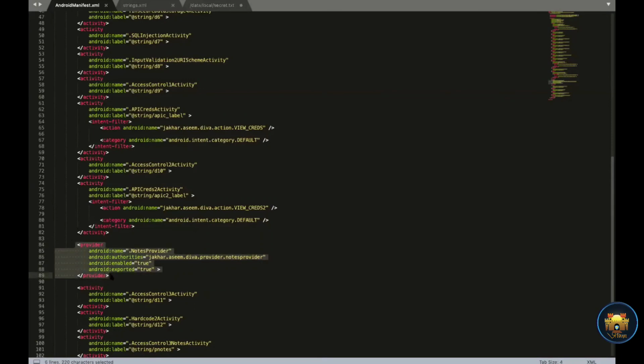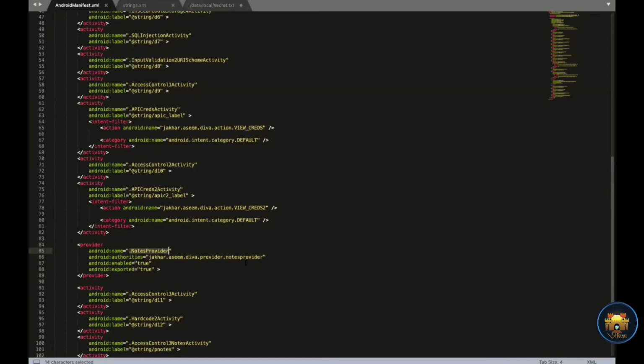There is a provider authority, jakhar.aseem.diva.provider.notesprovider. This is the authority, and this is the activity. You can see NotesProvider is using this content provider.